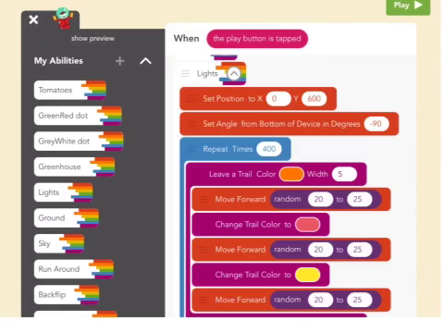In order to draw the lights, we're going to create an ability called lights. We're going to set position to 0, 600, where we are going to start drawing the lights, and then we are going to set the angle to -90, so we're going to draw the lines going from the top going down. So we're going to repeat 400 times, and we're going to draw